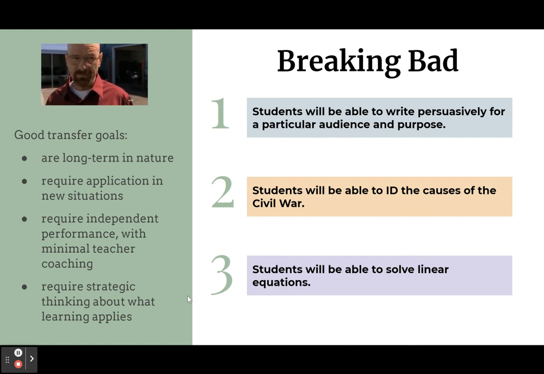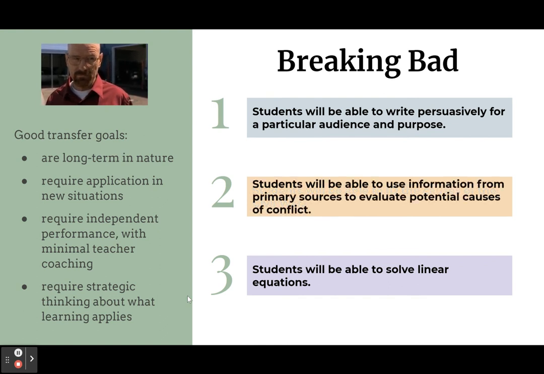For the second goal in orange, we have students will be able to identify the causes of the Civil War, which might not necessarily be particularly strategic. So here's a transfer goal I wrote. Students will be able to use information from primary sources to evaluate potential causes of conflict. So in this instance,